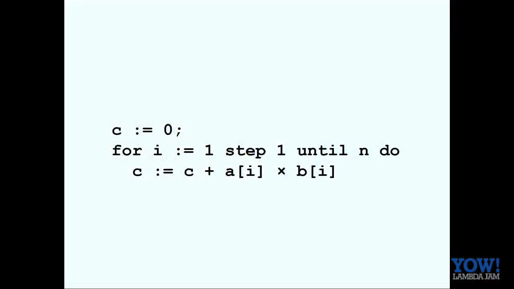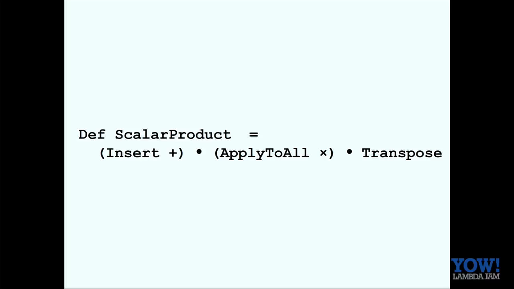So the paper talks a lot about these things, and then he also shows the kinds of programs he wants to write. Let's look at an example of that. This isn't one of them. This is a program for computing the scalar product of two vectors, and it's written in Algol 60. Look at it. We take one element at a time from each vector, one word at a time. We multiply them together. We add one word into this variable c. It's very, very word at a time. Backus didn't like that. He wanted to write this program like this instead, where you take a program that receives a pair of vectors as input, transposes them.